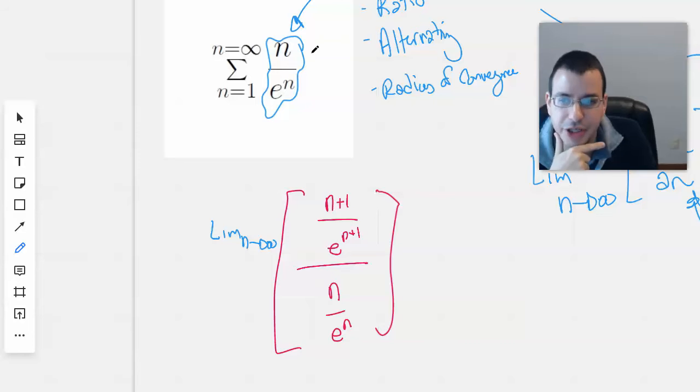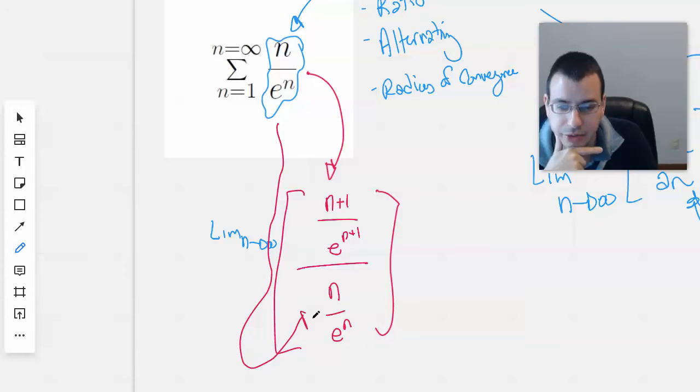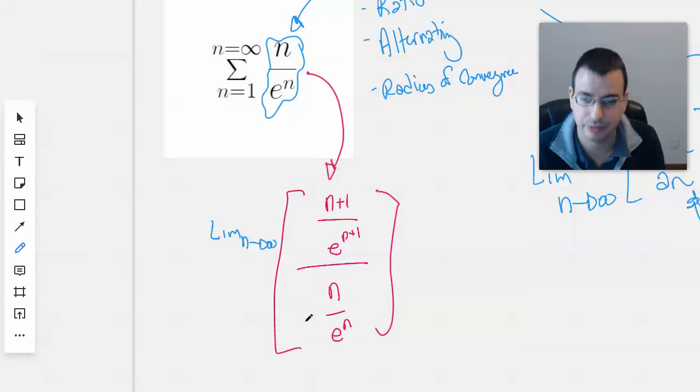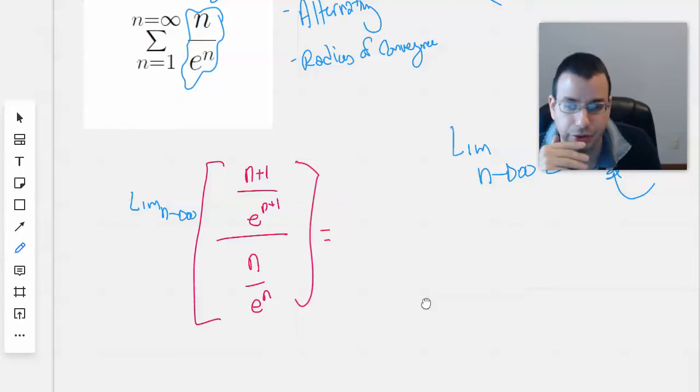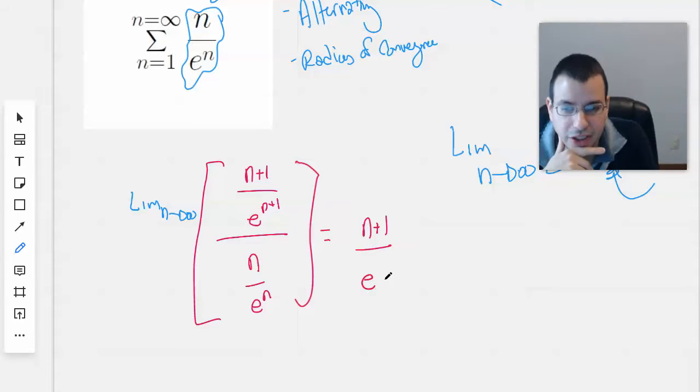So we're taking the ratio test. We added 1, put it down there. When we have a fraction divided by a fraction, you multiply by the reciprocal. So we have (n plus 1) over e to the n plus 1, times e to the n over n, which equals,